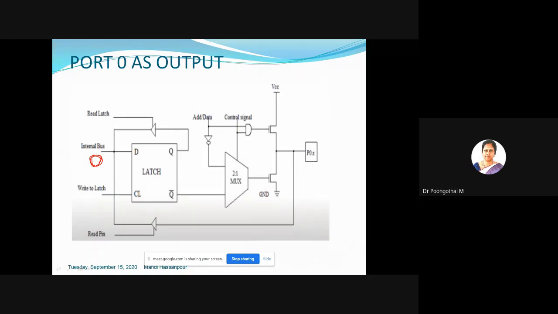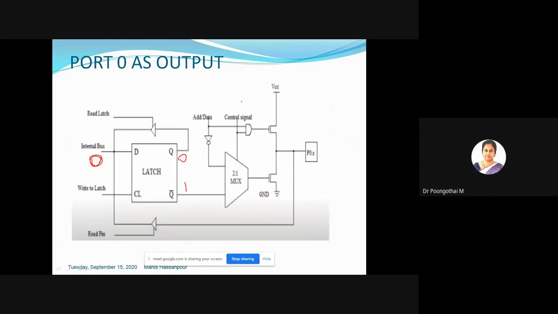What about your transistor? To make port 0 an output, you have to write 0 at the D latch pin. What is the Q output and Q bar output? Q is 0, Q bar is 1.